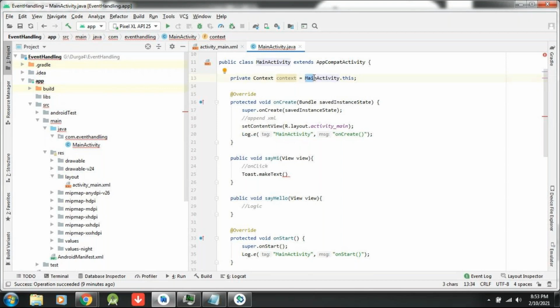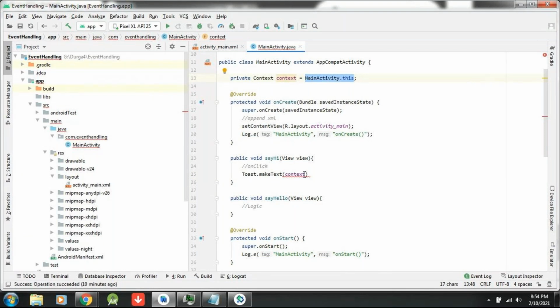What is your class name? MainActivity.this. Always use this. I will explain more about context tomorrow. Up to now, just understand context is nothing but a super interface. Context I got. You can create a local variable, or else whenever required, you can write your class name dot this. Either one is fine.